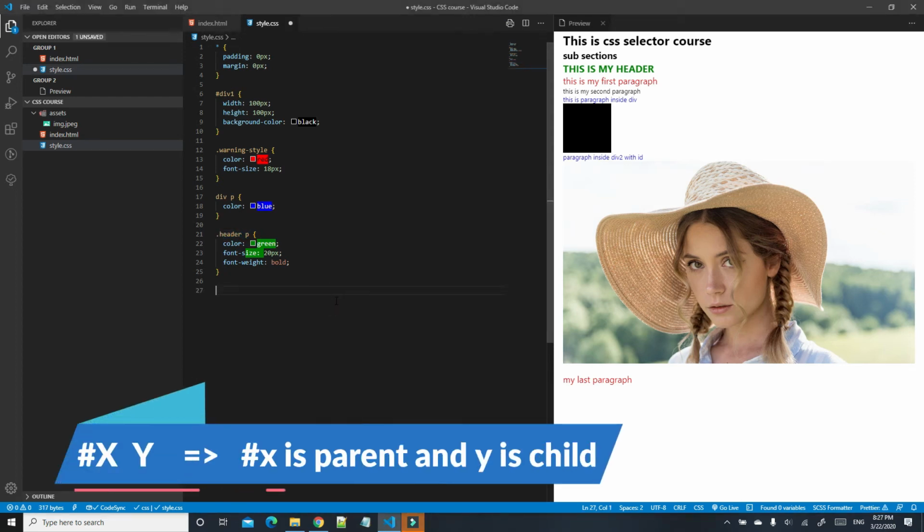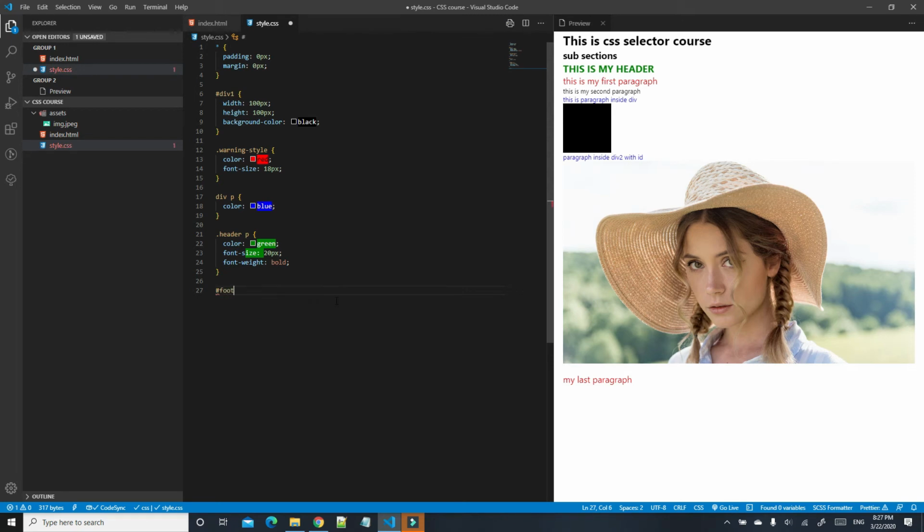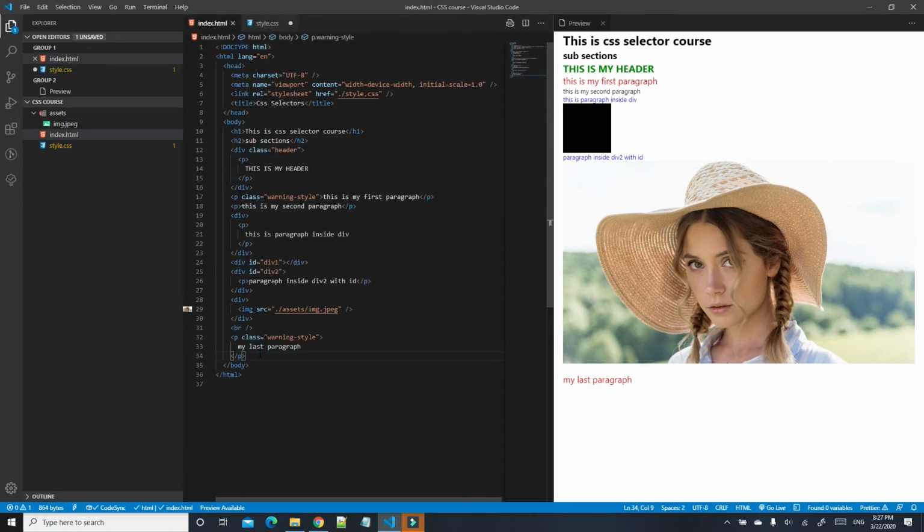Another example for descendant selector with hashtag selector. Hashtag footer space p. In this example, we will apply this style to all paragraphs inside footer id. I will create a div with id equal footer. Inside this div, I add a paragraph,